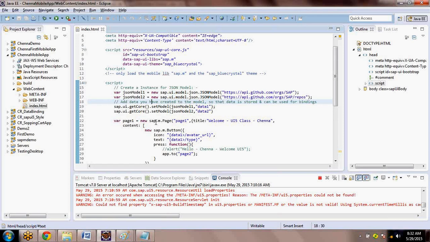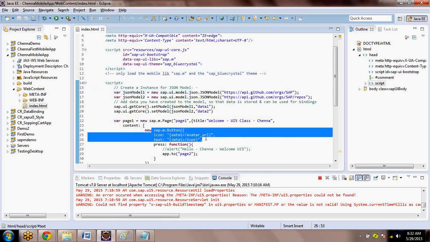Okay. Now coming to the model. Today we are using the model called JSON, right? In UI5, there are 4 models again: JSON model, XML model, resource model, OData model. And whatever we are doing here is called data binding.